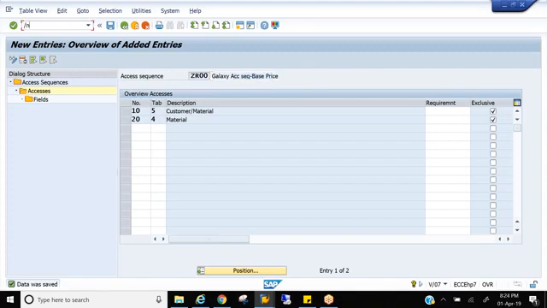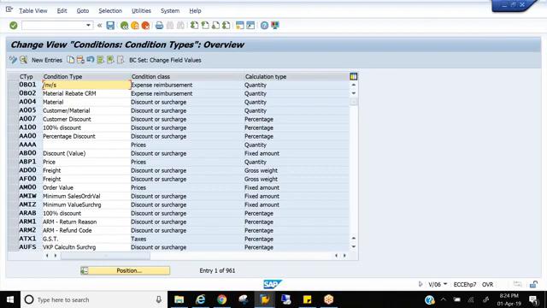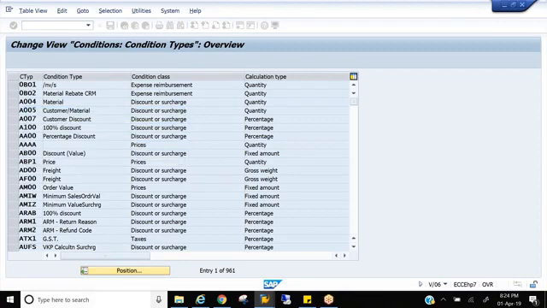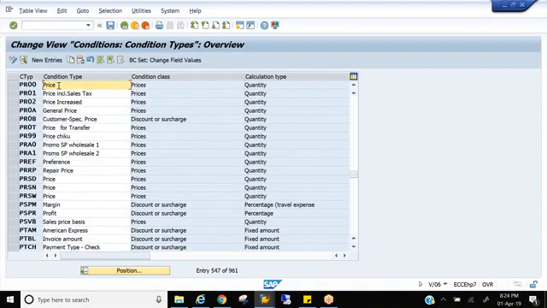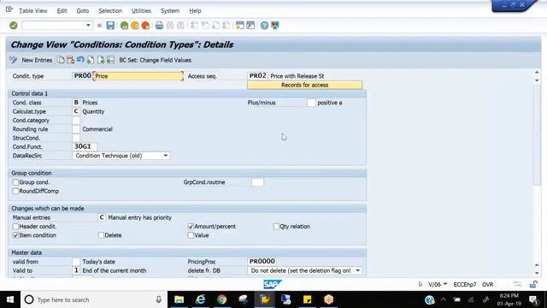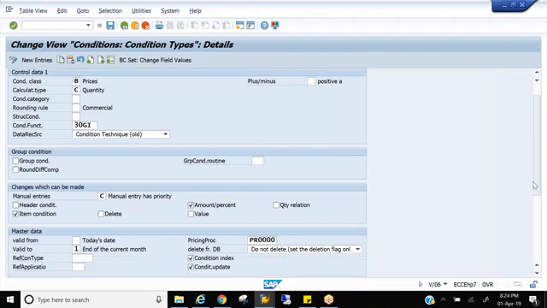What is the third step in condition technique? Anyone? Condition type. So how to access condition type? That is V/06. There is a base price condition type already available for this. What is the base price condition type? That is PR00. Almost access sequence names and condition type names will be 99% the same. So PR00, a base price condition, is already available with lots of functionality. This will take 2 or 3 sessions for us, that we'll discuss later.